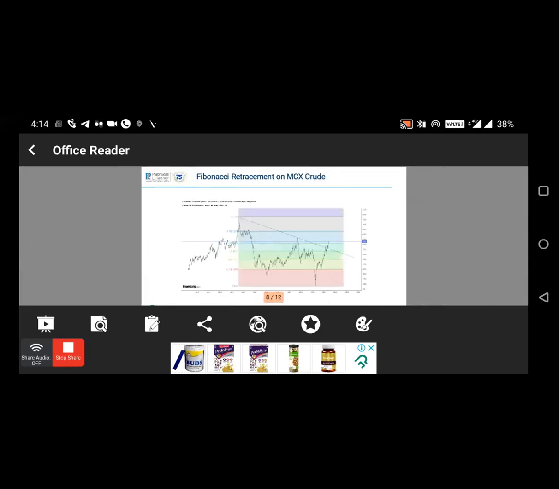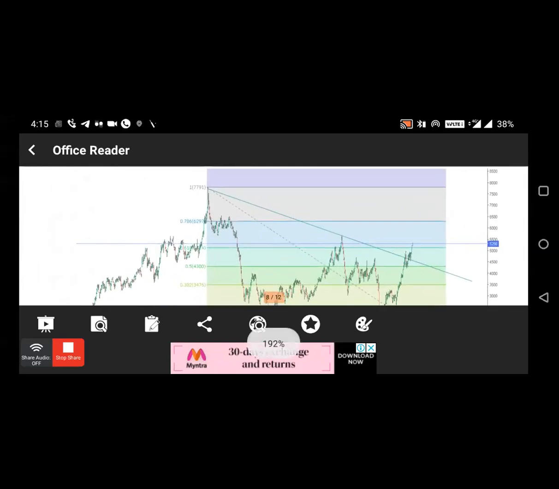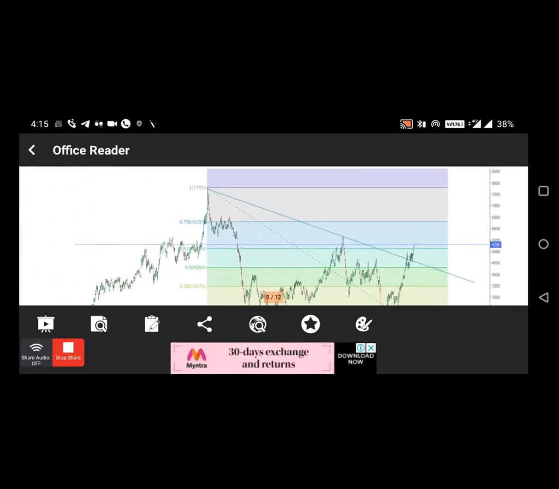So if you see, I've taken the top. Okay, I've also placed a falling trend line, and this falling trend line was crossed. So this is a bullish breakout. Also, I have shown Fibonacci retracements, some rainbow colors that you are seeing on the screen. So if you see the top, okay, and at the bottom where it comes to zero levels, I have drawn that Fibonacci projection. If you see the dotted line, it is dotted lines has been joining there, and I have shown that it has gone somewhere close to about 61.8%. If you see, it has almost gone to 61.8%, or it has crossed 61%.